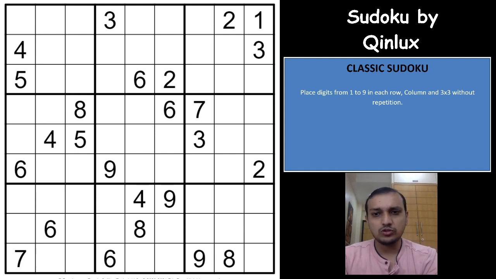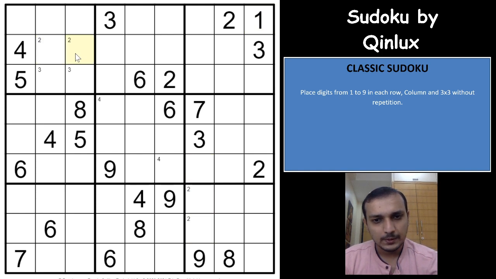And coming back to this Sudoku now, let's see if we are able to solve it. You'll have a 3 in one of these two cells. 4 in one of these two cells. Let's start with 1, nothing with 1. Do we get something with the 2 here? Two would have to be here. No. Okay, let's see the 3's.